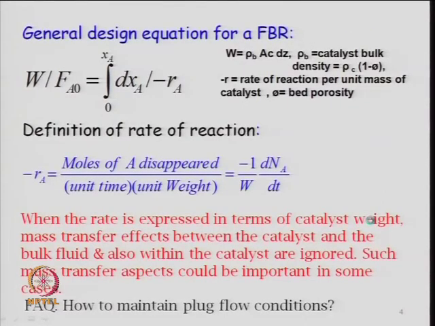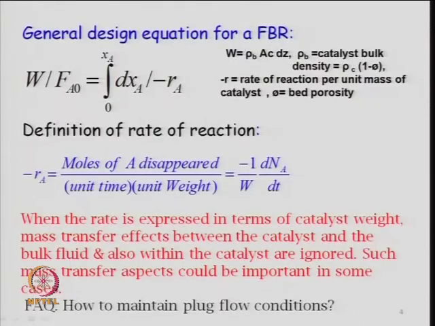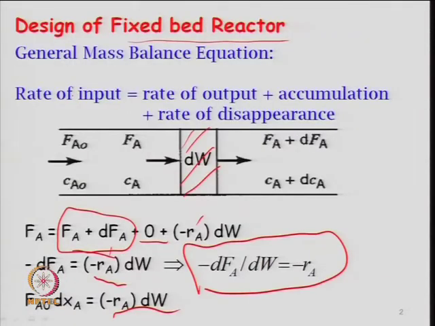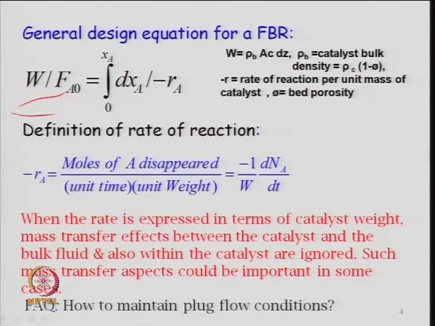Now you have seen that this is the equation in the differential form. If you have a larger size of the reactor, you can very easily integrate it for a commercial reactor. So integrate this equation, where FA is a function of W, and RA dash is an intrinsic property measured in the small reactor, and now you are commercializing it. So for the large reactor we have integrated the expression: W by FA naught is equal to the integral from 0 to XA of dXA upon minus RA dash.